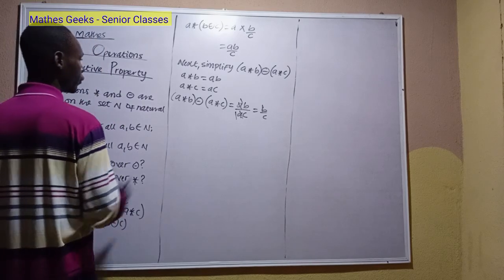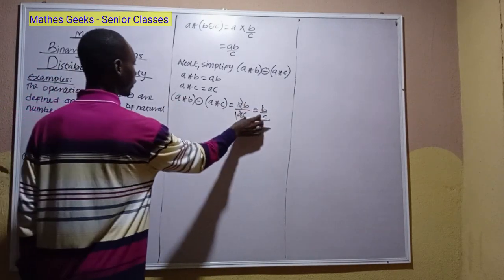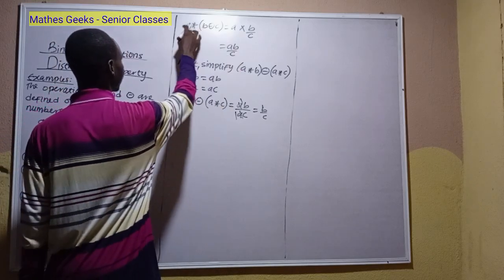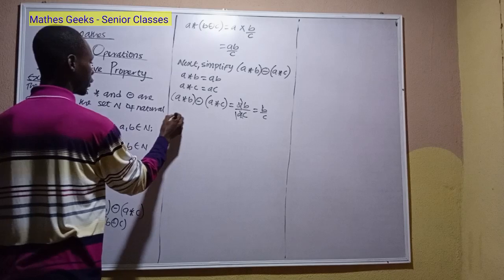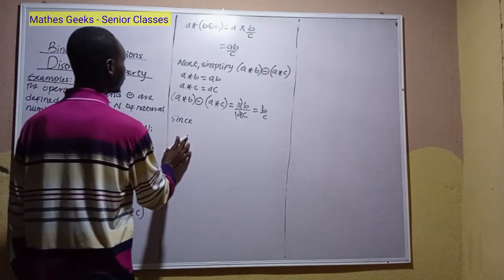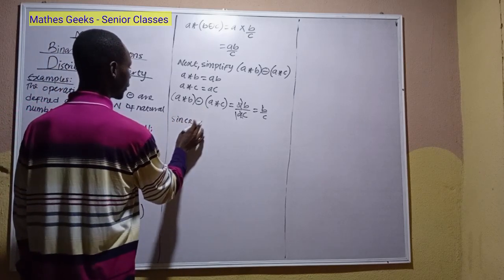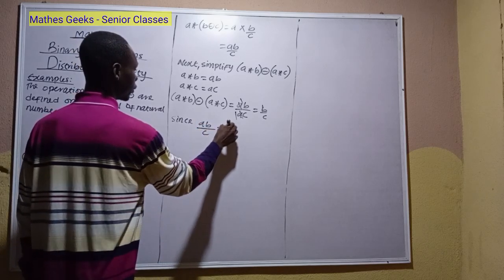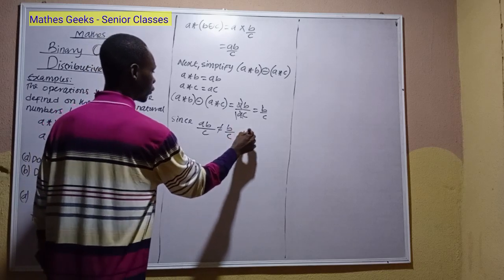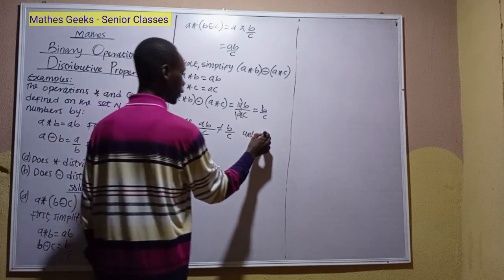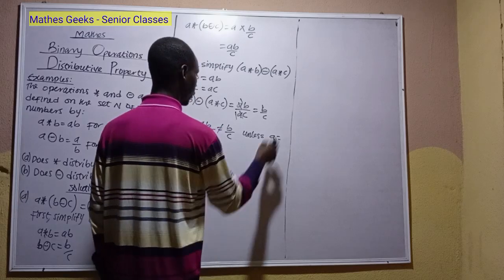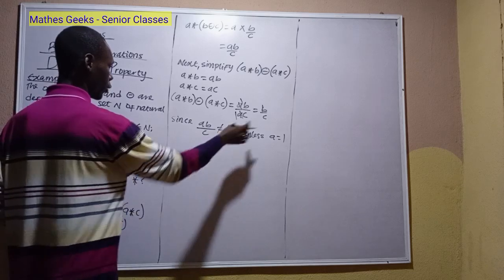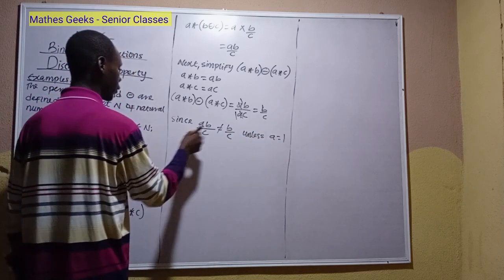Now let's check. B over C, which is A star B operation A star C, is not the same as B over C, which is A star B operation C. So since B over C is not equal to B over C unless B is equal to 1, but that condition is not met here. It did not indicate so, so we cannot use this condition unless it is equal to 1. So it implies that